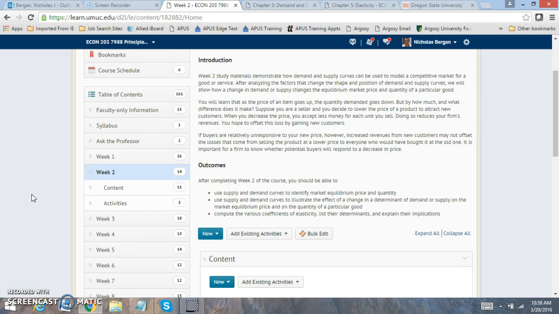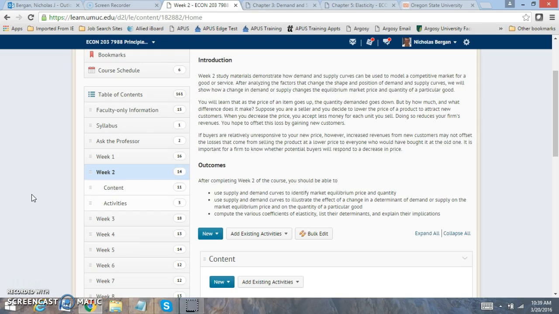For week 2 we're going to deal with two very important concepts that I think you'll really find applicable in your everyday life. The first one's dealing with supply and demand. Supply and demand is focused on the role of prices and how prices are developed in our economy. The other one is looking at elasticity. And elasticity is focused on how consumers respond to price changes. Those are very important concepts that we evaluate, and I think you'll enjoy this week given the